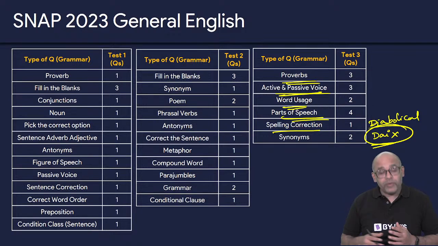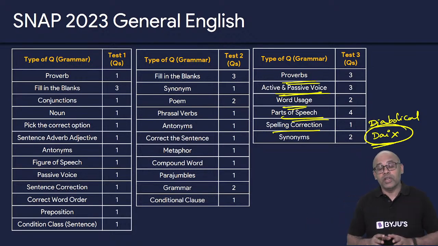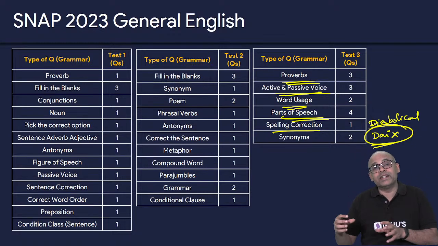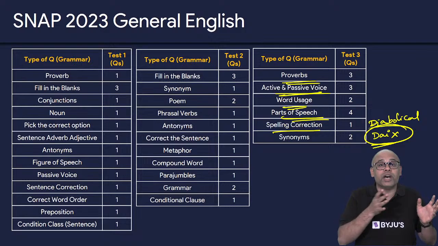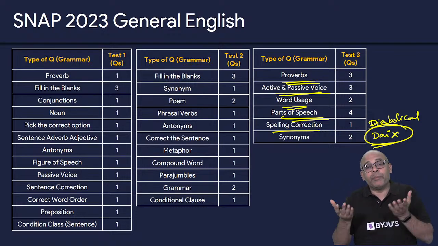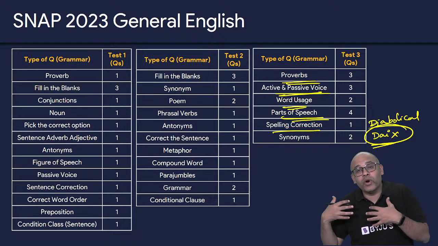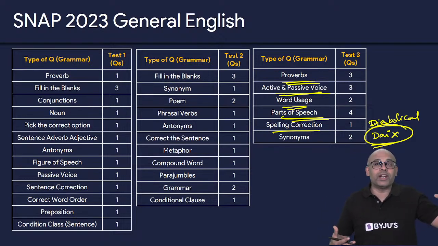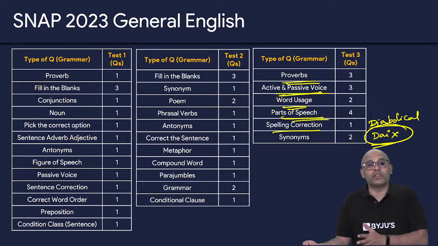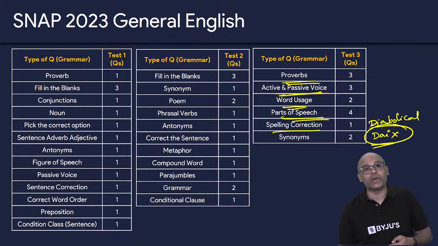Yes, Brinda, the cutoff will be same for all the slots. There is no normalization at all. So the cutoff will be same for all the slots. That's the reason I am saying this paper should be considered as slightly easier compared to the other 2 papers, even though in terms of comparison of the questions, they are all the same. But because this is the third, I would say that a student who should have got, let's say, 40 marks in slot 2 should have been attempting 41 in slot 3. That's basically what I'm saying. That's all. But anyway, let's not worry about that 1 mark right now. Let's go ahead and take a look at the questions.